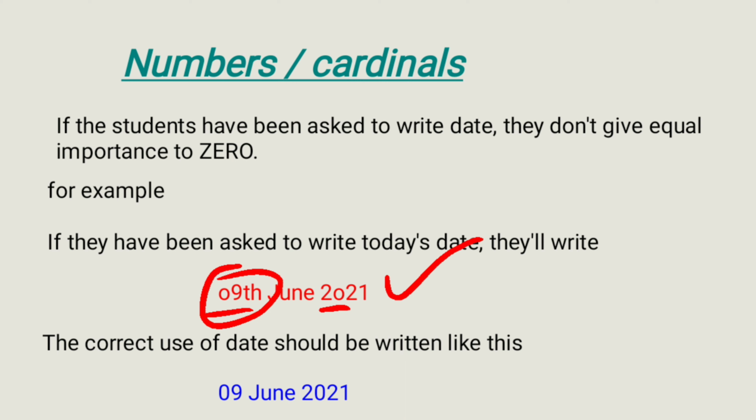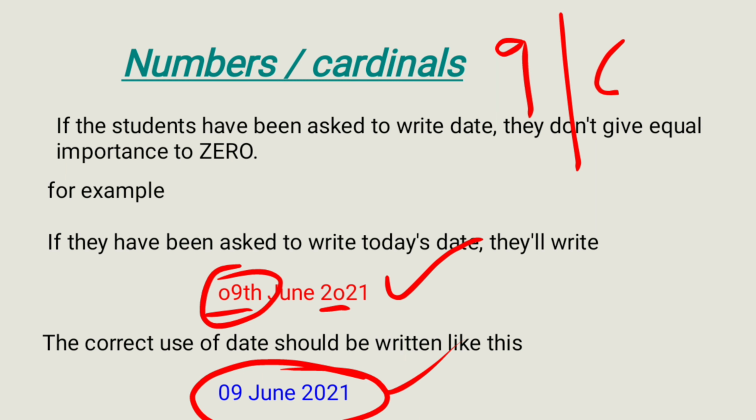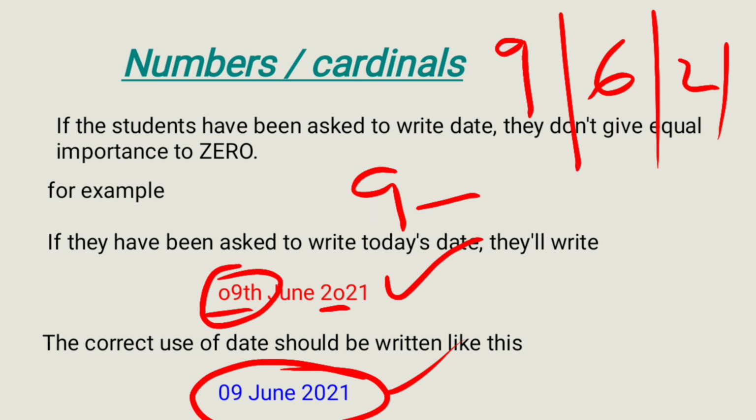नेक्स्ट रीड देखो करो, the correct use of date should be written like this. अब देखो ध्यान से देखो बच्चे कि डेट हमेशा इंग्लिश में while it comes to the writing part, date should be written like this, whether you are to write a letter or you are to write a report writing. You are to write a report writing में, letter writing में, whenever we are to write date, your date should be like this only. Keep in mind, generally students they are in the habit of putting date like this, na? Generally they put hyphen,